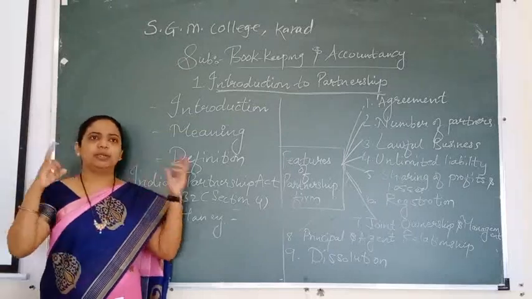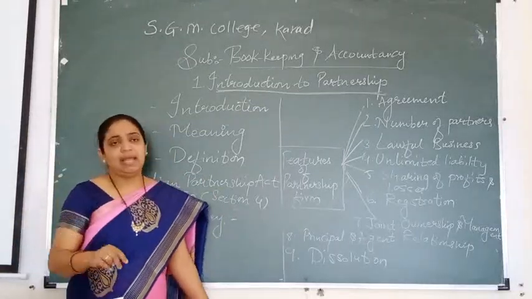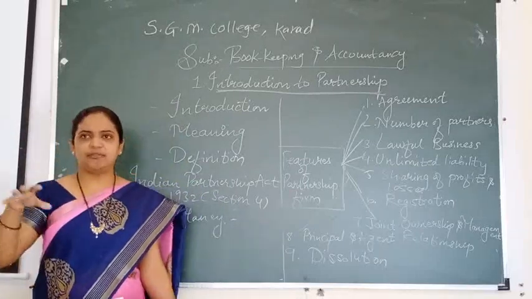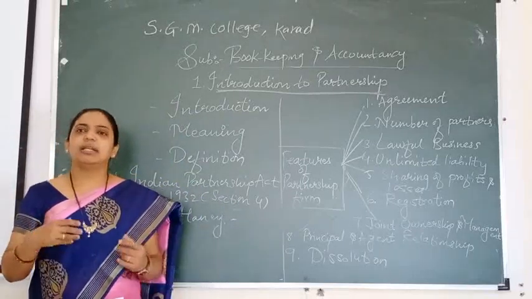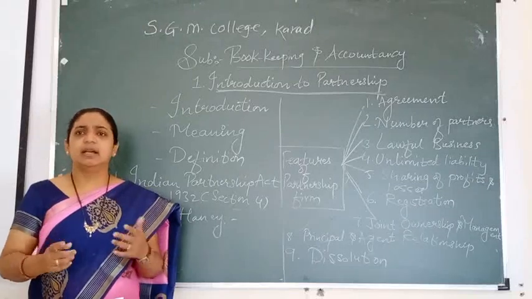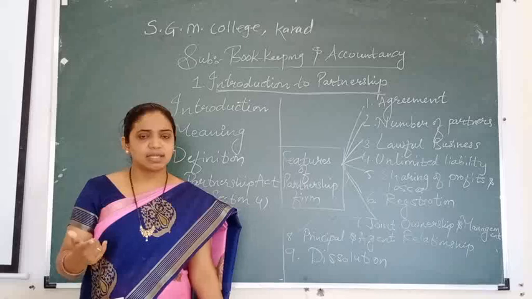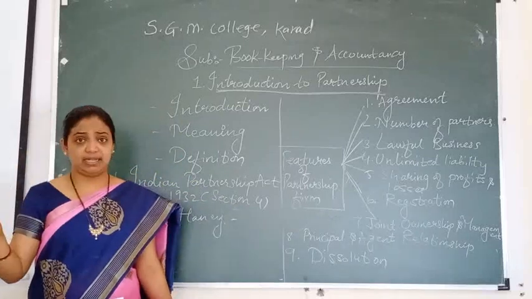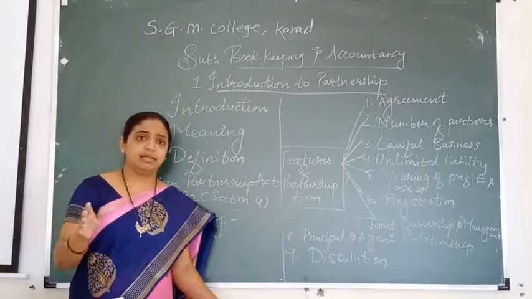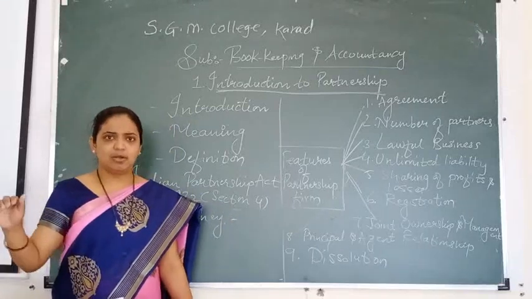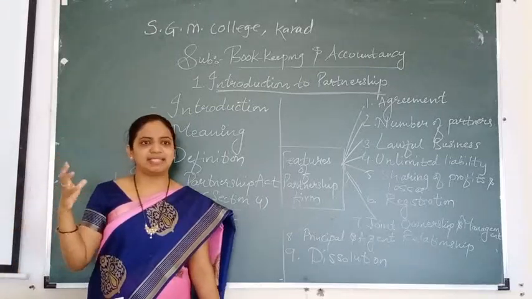Sometimes there are a minimum of two partners, and a maximum of 50, as I said, under the Companies Act. So it may get dissolved in many ways. If from the partnership one partner dies or one partner becomes insane. Insane, you know very well, means half mad, full mad, we say like this. That means he is not in full capacity to work.